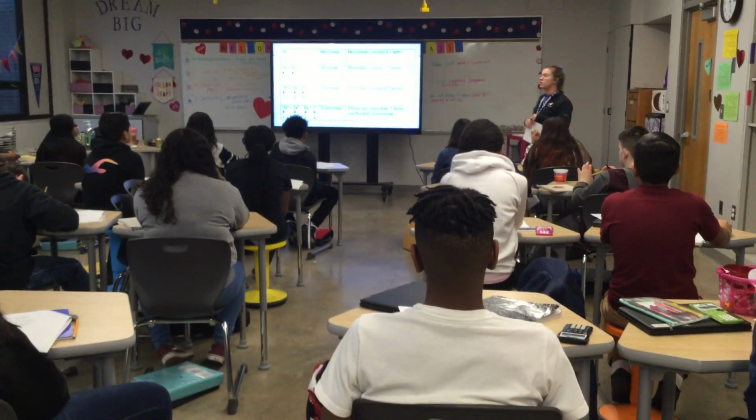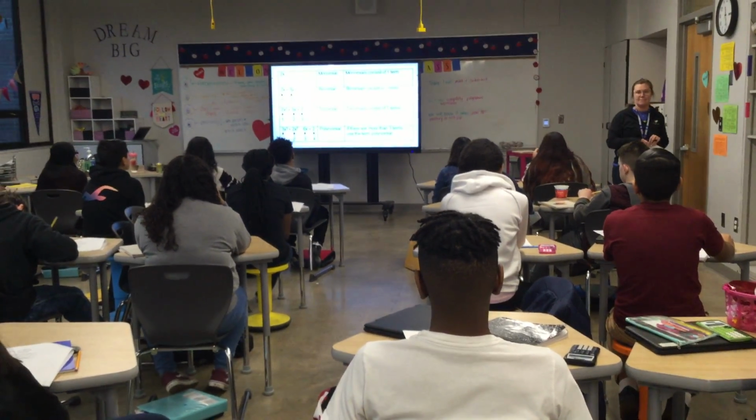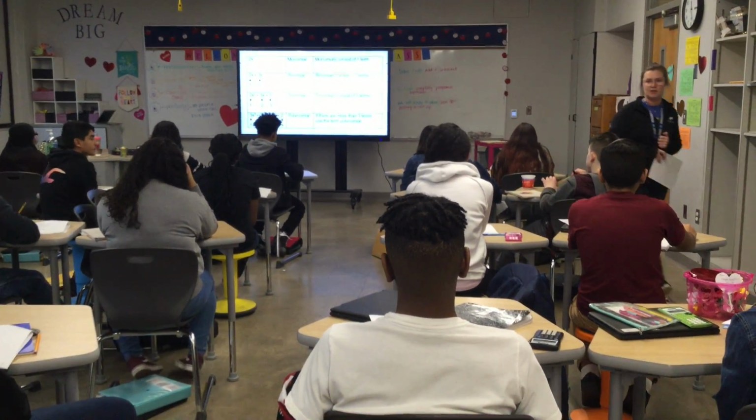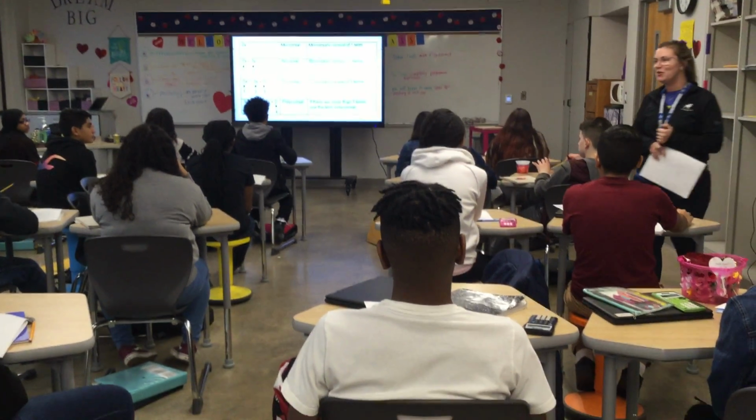So Ramses, what do we call something that has one term? Monomial. Perfect. John, what do we call something that has 9 terms? Polynomial. Beautiful. Alan, what do we call